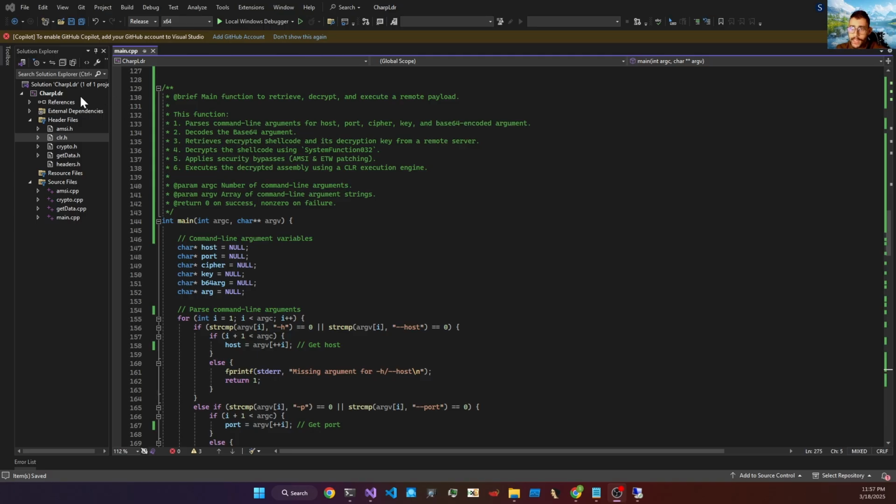Refer to the static detection folder, static detection bypass folder. You will find this SharpLoader project. Now let's explain that project, going through the main. First of all, this main function will retrieve, decrypt, and execute the .NET